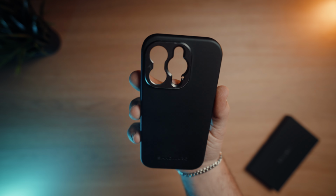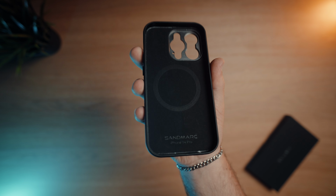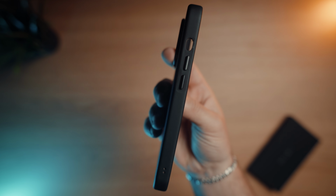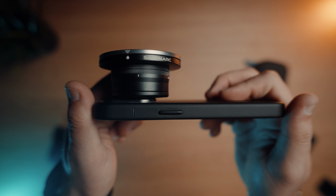The case itself is made out of a polycarbonate shell with a rubberized TPU frame, which means it's both lightweight and durable. The inside has a microfiber lining to protect your phone. And when it comes to the buttons, well, they are super responsive, not stiff like the ones you get on cheap third-party cases. It's got just enough grip without feeling bulky, which is something that I really appreciate when I'm